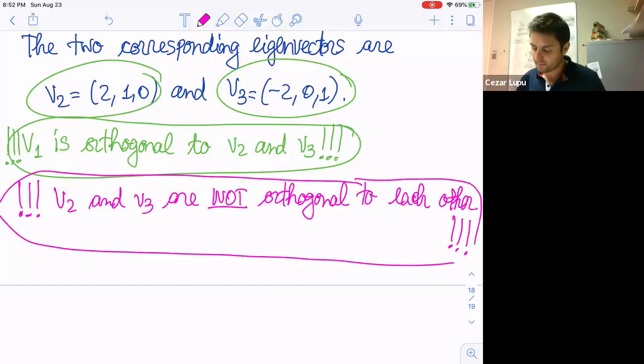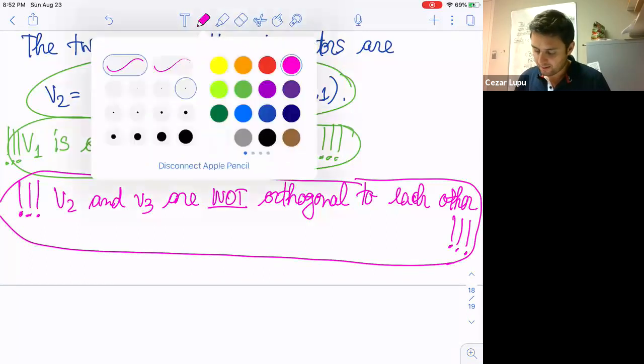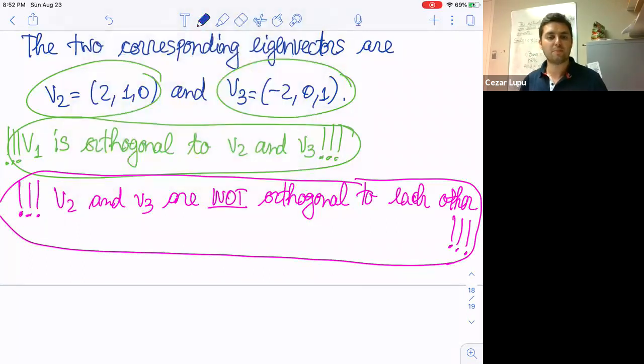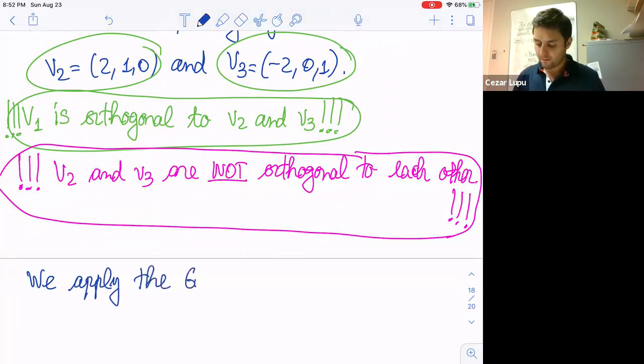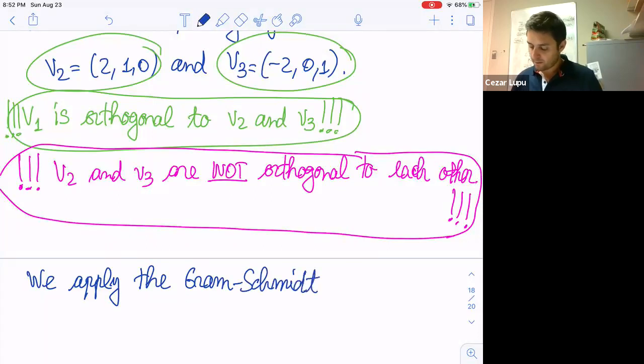Let's orthogonalize them some way. And the Gram-Schmidt procedure saves the day. And so we apply the Gram-Schmidt procedure